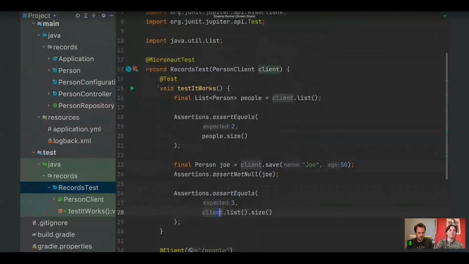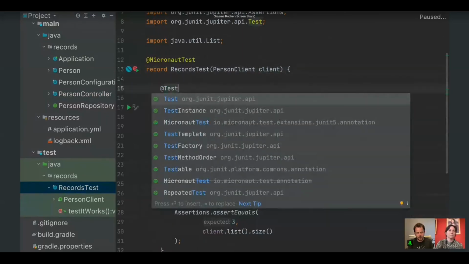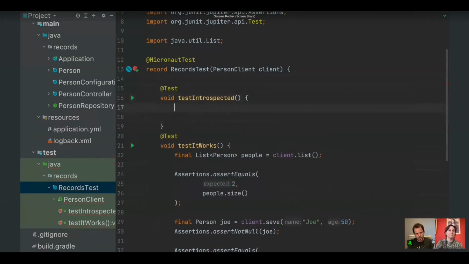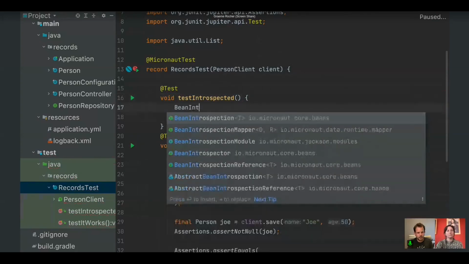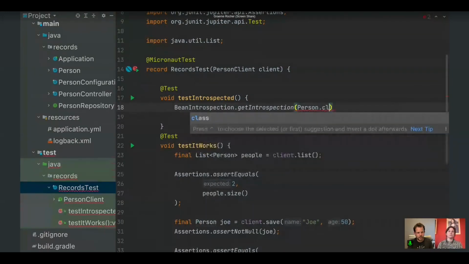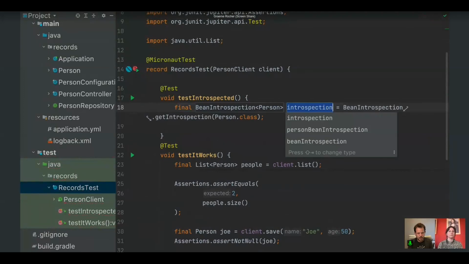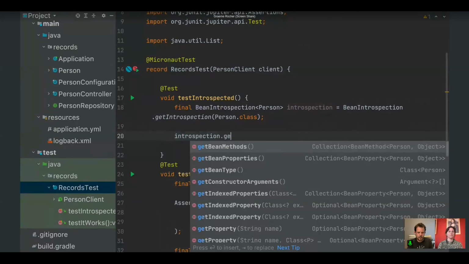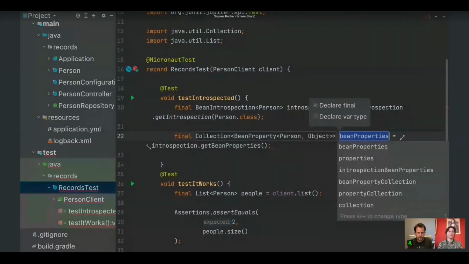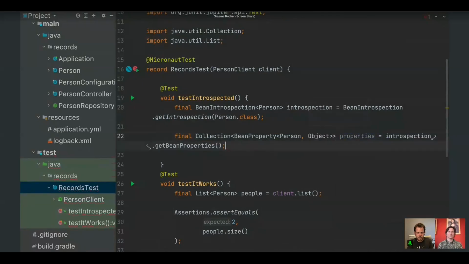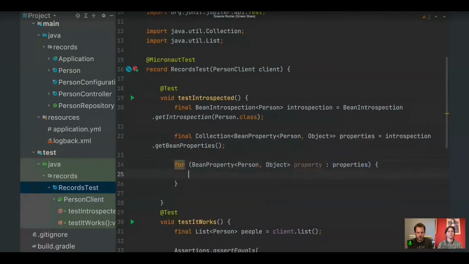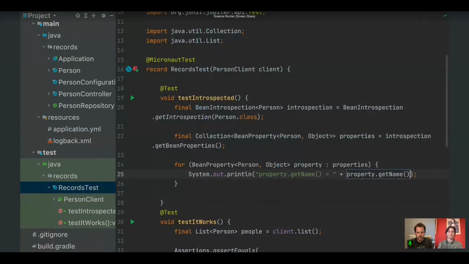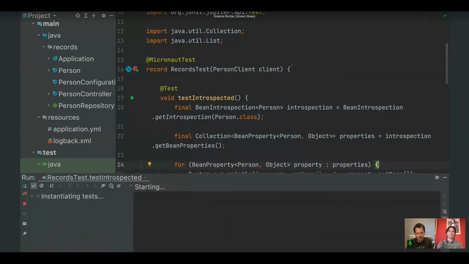Basically, when you add Introspected, what it allows Micronaut to do is essentially you can obtain bean introspections. So I can say person.getClass and get an introspection like so. And the introspection will allow me to iterate over and obtain knowledge about the properties of a class. So if I iterate over this, for example, and then output property.getName, and I run this in my IDE,